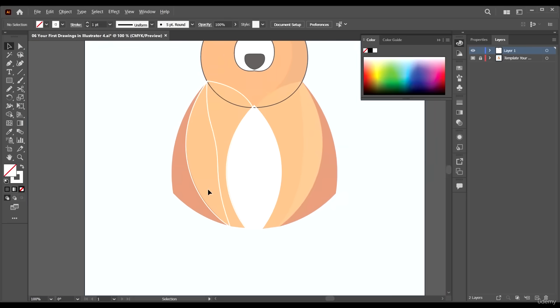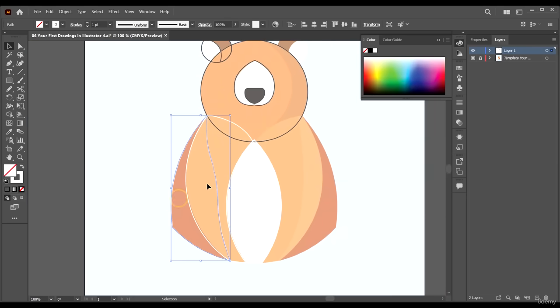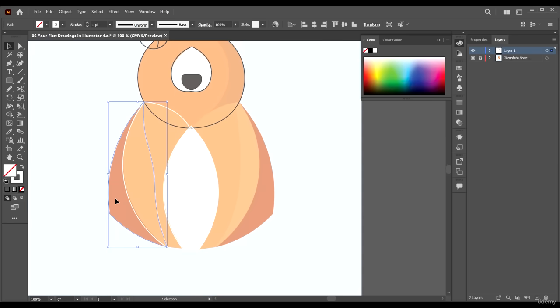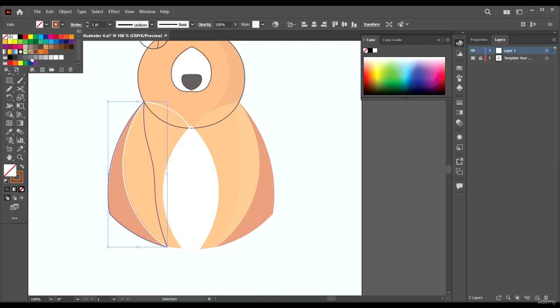Perfect. Now let's color our shapes. Okay, so for this one I will choose this shade of brown. Now these colors might not be available on your Adobe Illustrator because they are custom colors. Okay, and we're going to go into seeing how to create custom swatches, custom colors in our swatches in later